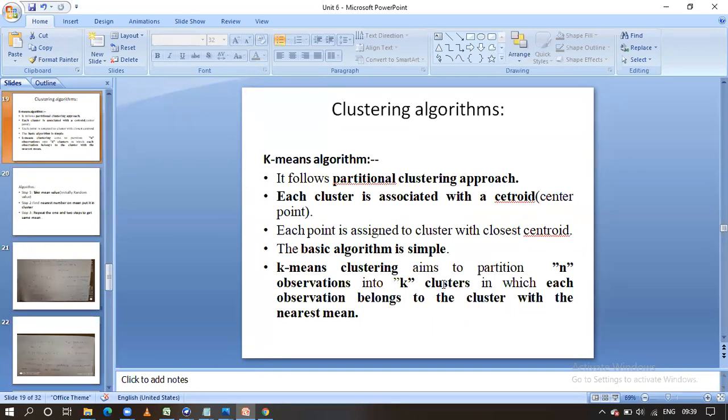Suppose I want to divide the overall data into three clusters, then three centroids will be there. The object is assigned to whichever centroid it is nearest to, and it is put into that cluster. Suppose I have three centroids A, B, C, and one object I have taken is nearer to the cluster B. Then we put it into the cluster related to that centroid B. Understand? This way we form the clusters.